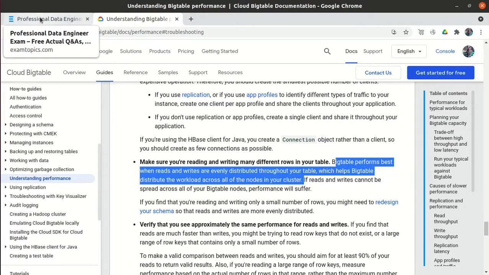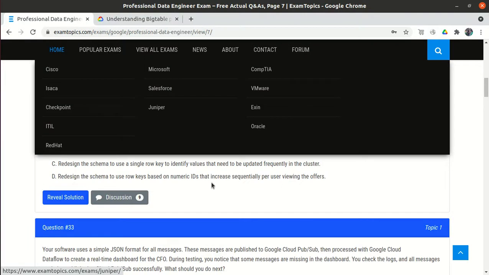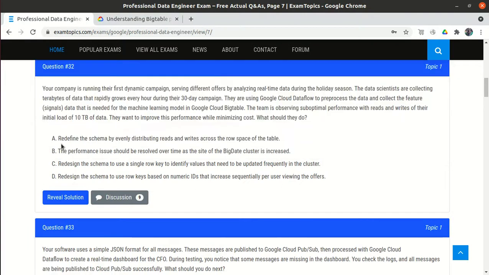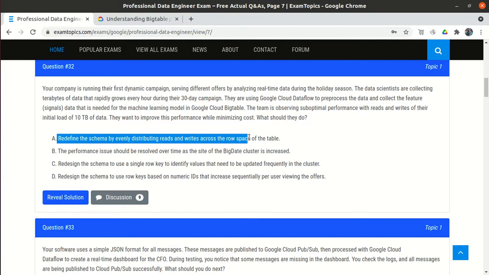If the workload is distributed, the performance will definitely increase. So the correct answer is to redefine the schema by evenly distributing reads and writes across the row space of the table. But let's read the other options.